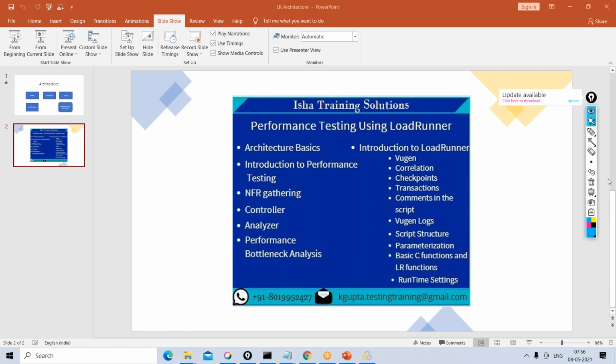Okay. Any specific questions with respect to the course content or the LoadRunner tool? Or any questions with respect to performance testing on a high level?